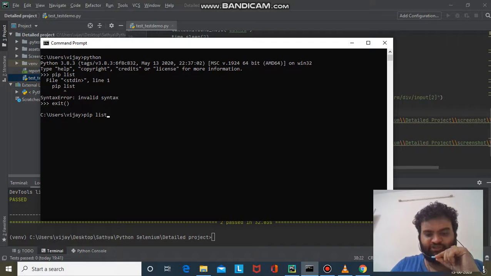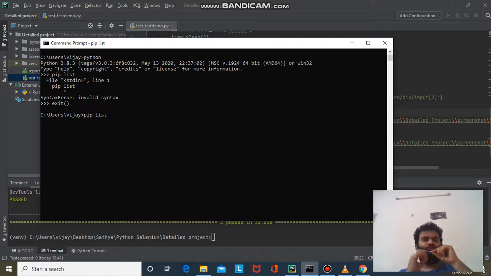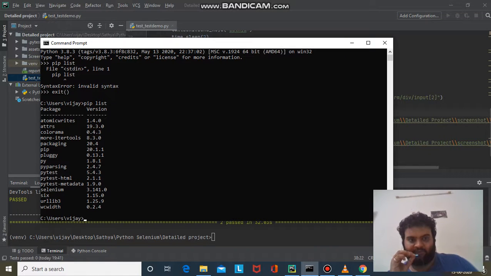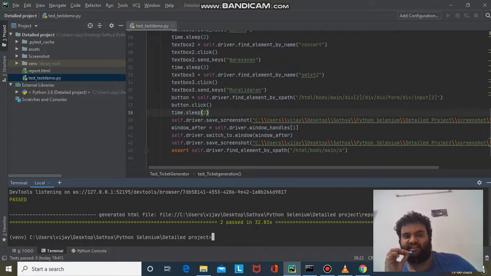So I'm just showing you. Totally three things are necessary, sorry, actually four things. One is Python, another one is the PyTest package, another one is the PyTest HTML package, and the fourth one is the PyCharm editor. For installing all of these, I can share you the links. You can refer to that and install it. So let me quickly go to the program.